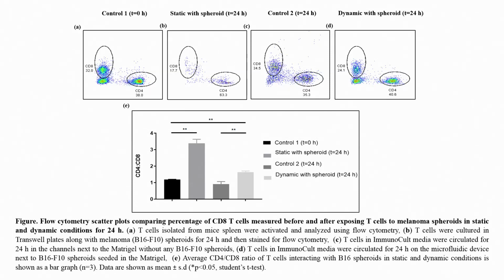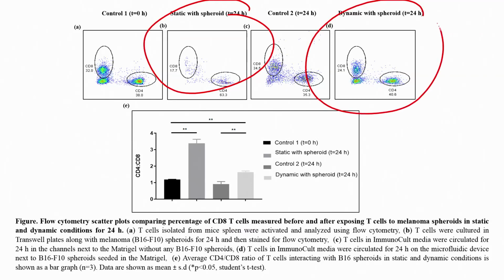Right. So, these are all flow cytometry studies, flow cytometry scatter plots comparing the percentage of CD8 T cells measured before and after exposing T cells to melanospheroids in static and dynamic conditions for 24 hours. So, thus what we understand is that the results obtained from static experiments are different from the results obtained from dynamic experiments. I am not claiming that static is better than dynamic, but now